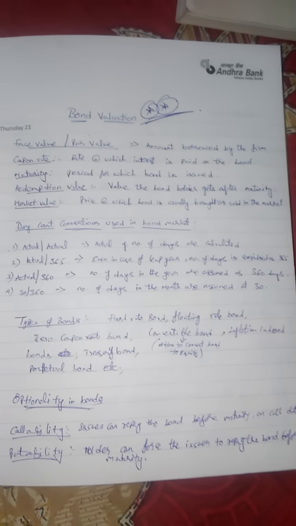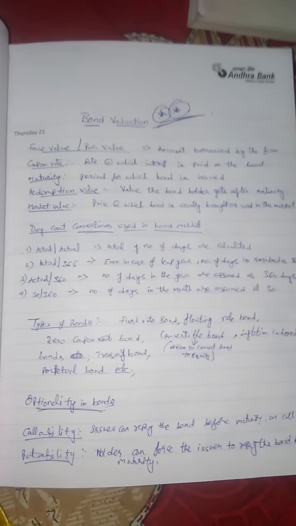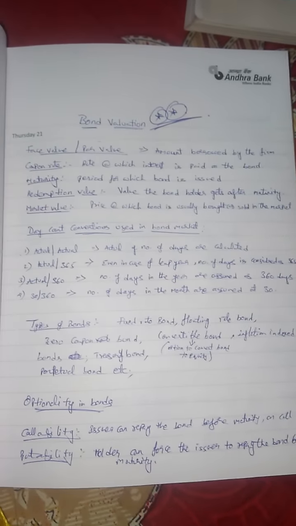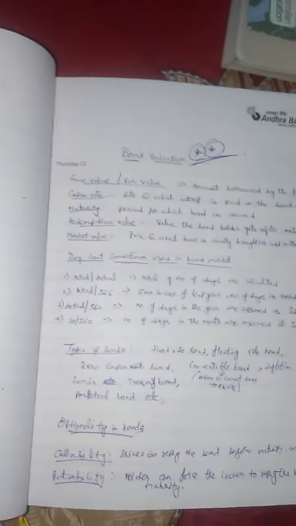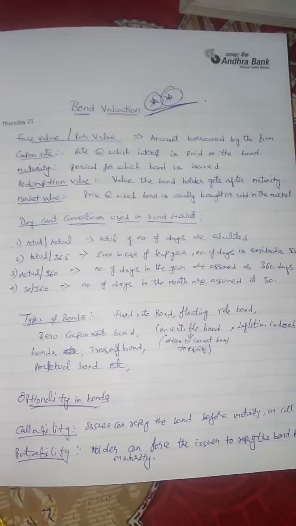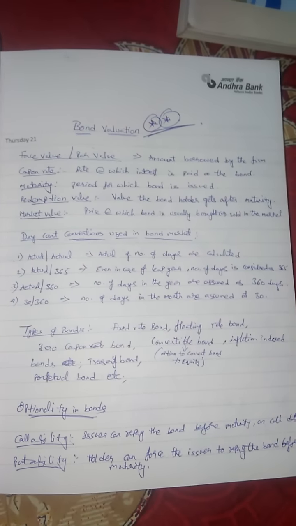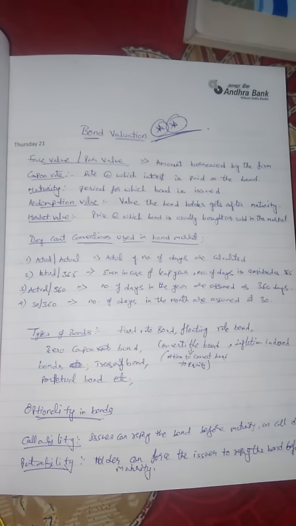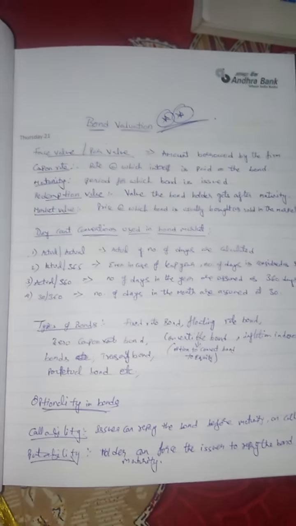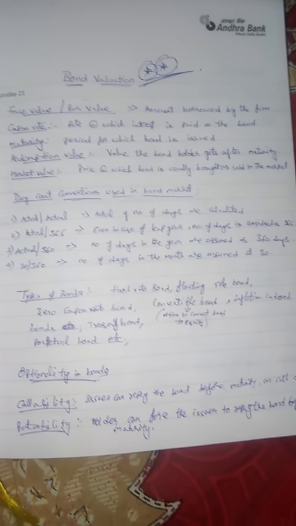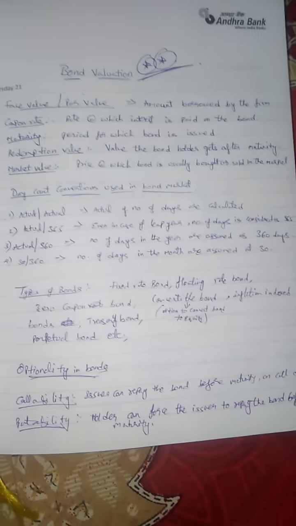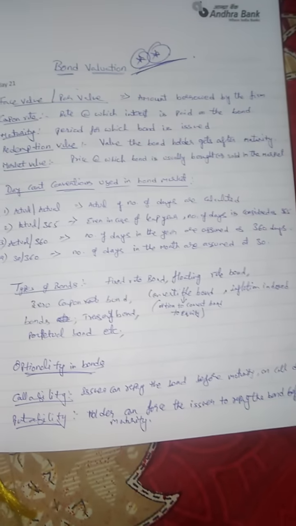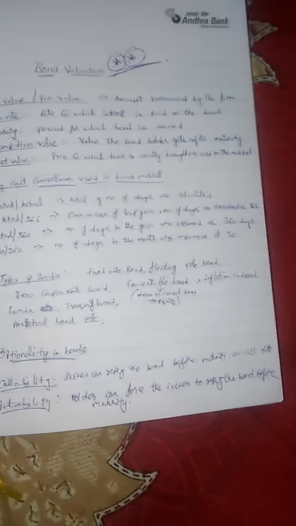Whatever amount I get at the end of the maturity period is called redemption value. The rate at which interest is paid on the bond for the bond period is called coupon rate. The total amount, that is the core amount of the bond, is called face value. Clear? Then there are various types of bonds, that is fixed rate bond and floating rate bond,